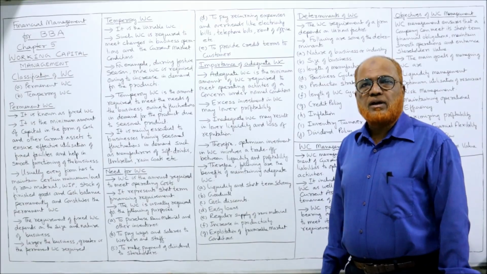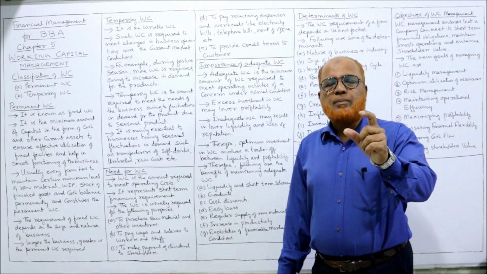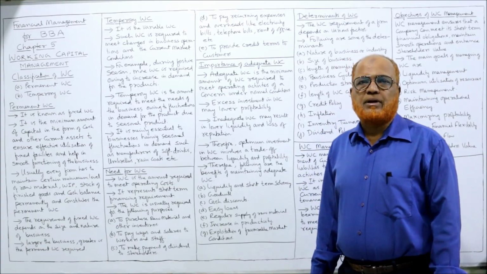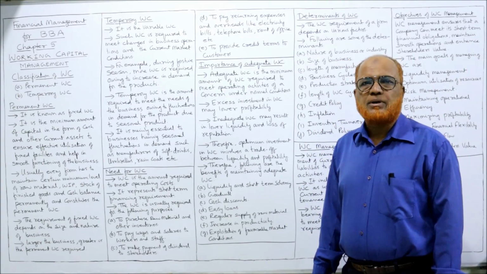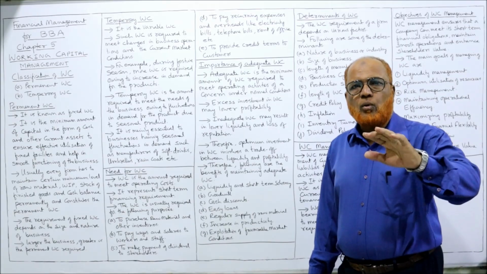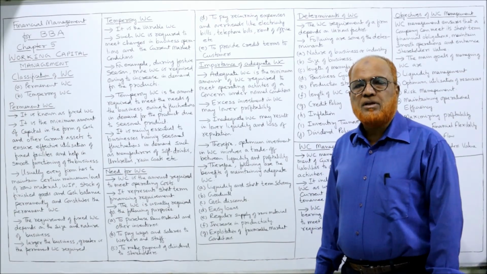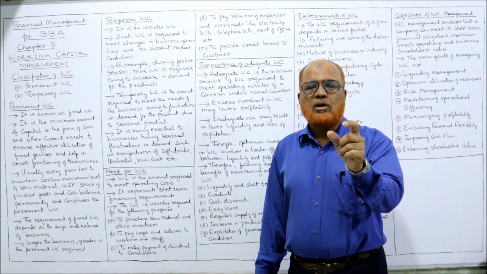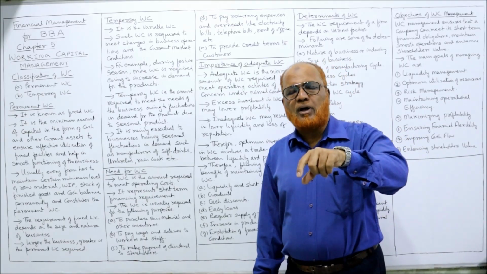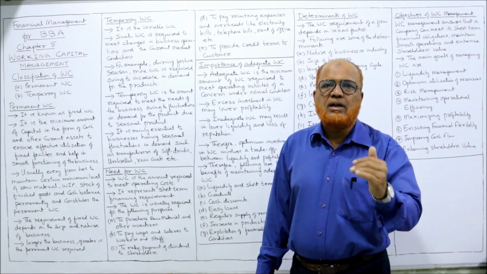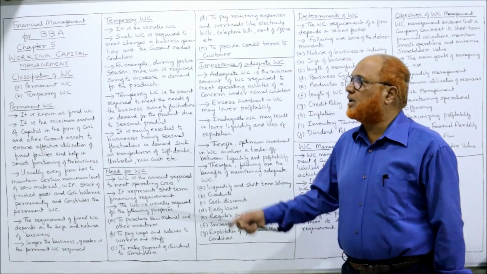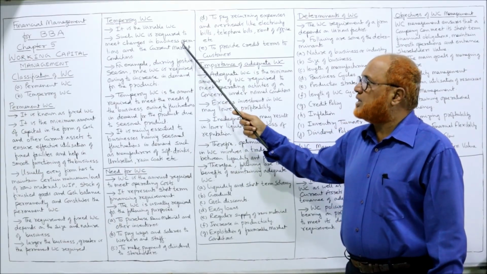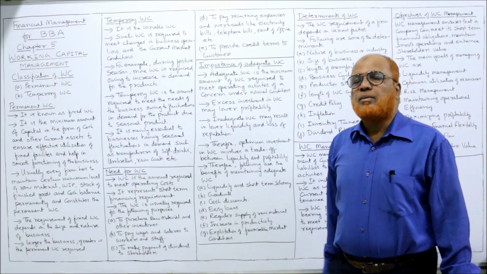Now, temporary working capital. Any working capital which is over and above permanent working capital is called temporary working capital. This temporary working capital will fluctuate. During a particular period, the temporary working capital will be more, and during another period, it will decrease. It is variable working capital, right? Now, such working capital is required to meet the changes in business operations and current market conditions.